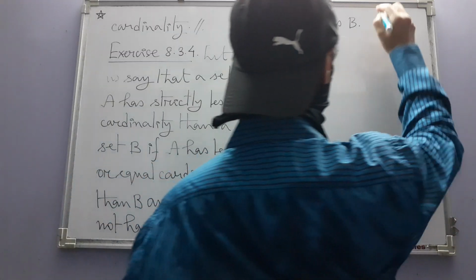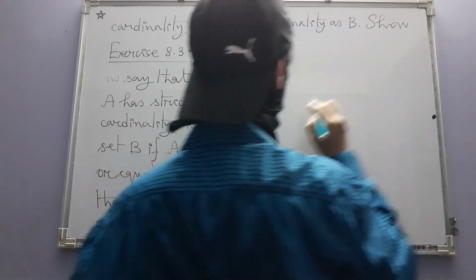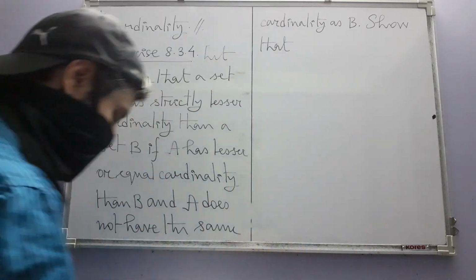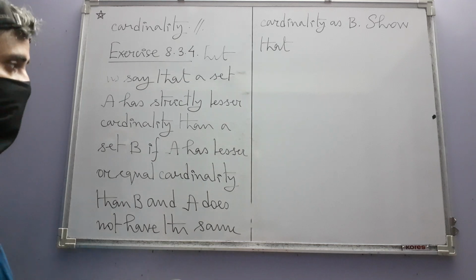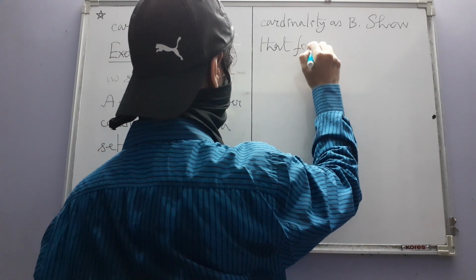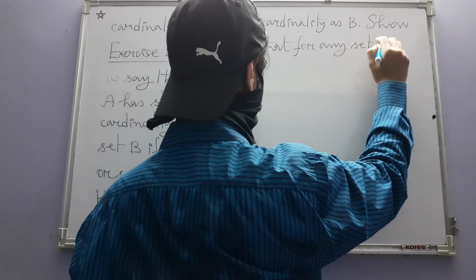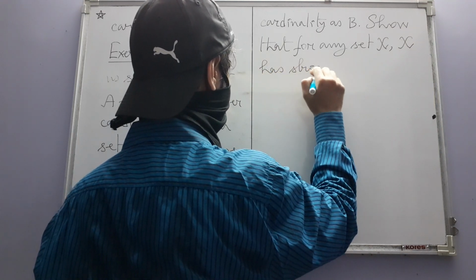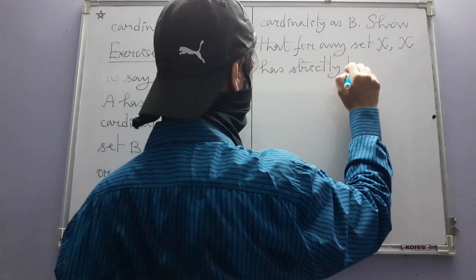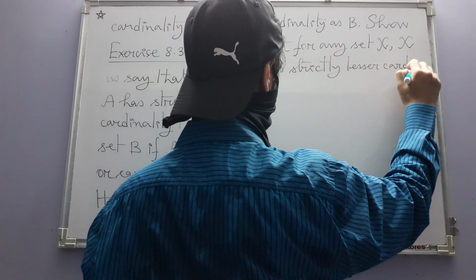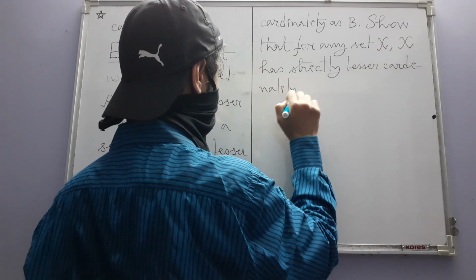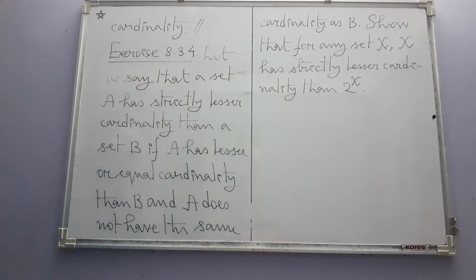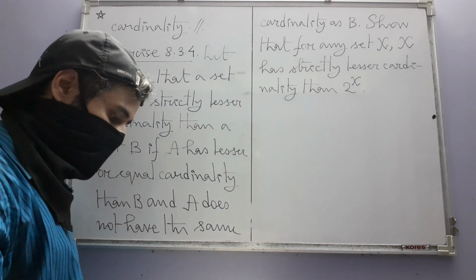Okay, so now what is it that we have to show? Show that for any set X, X has strictly lesser cardinality than the power set of X. Okay, that is one thing. And also this other thing,